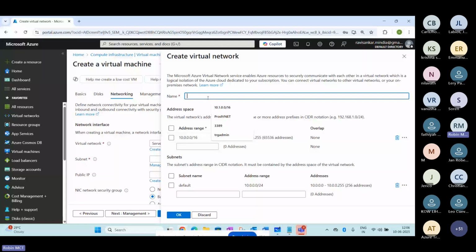Normally, I just pasted one piece of information in the chat here. Whenever I create any kind of network, I try to give a name something like this. I just pasted one checklist here. This will give you an idea where exactly my VNet is being used, rather than giving a Robin network or any other name. Better to follow some standard here.